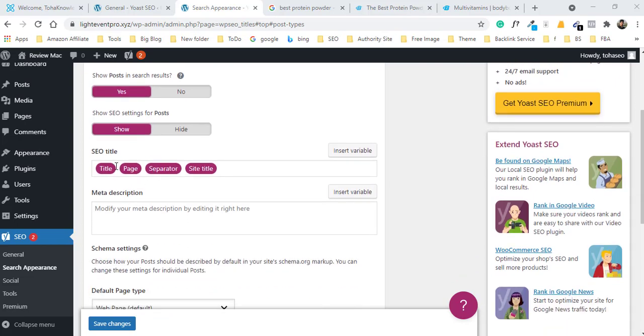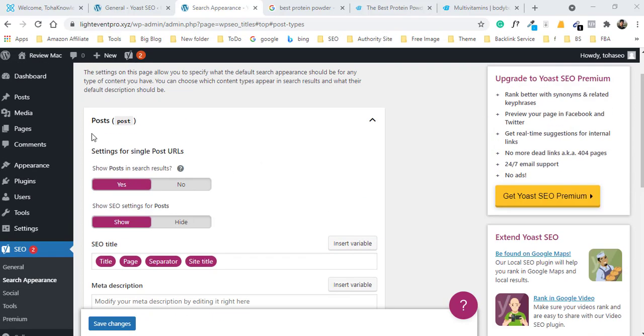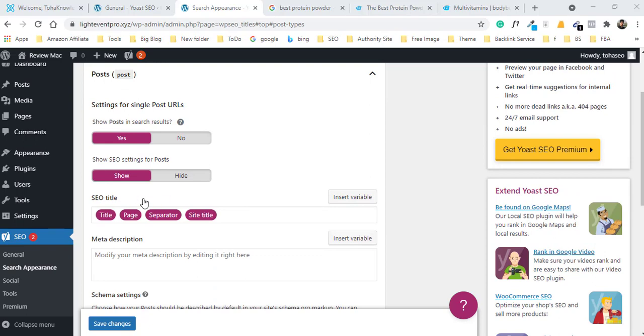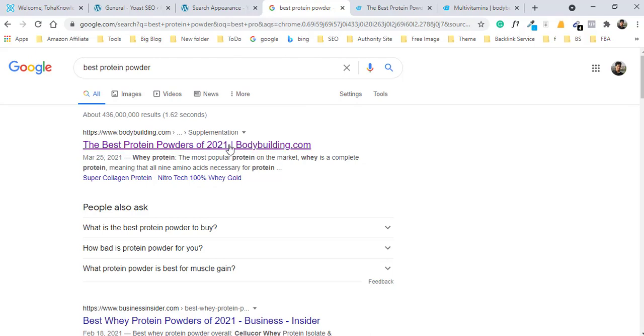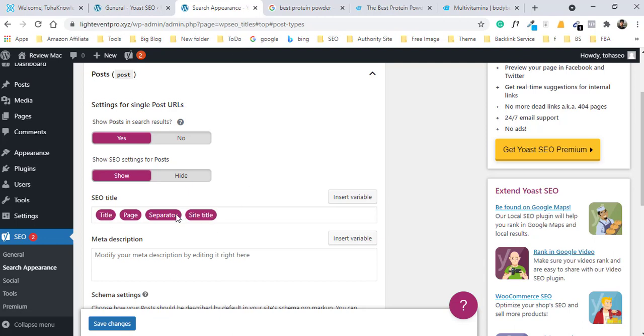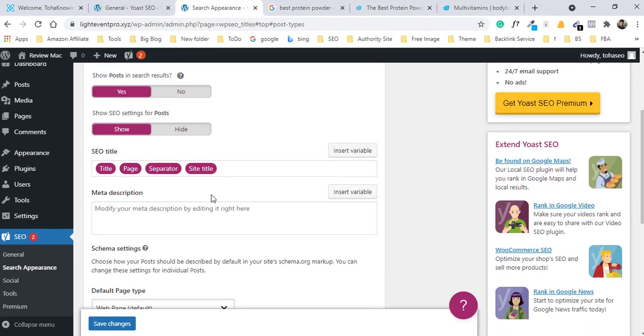And here you can also select what your post title looks like. Here you see search engine, this is the post title, and this is the site tagline, site title. So you can keep only site title, or you can use separator with site title. Also you can change it in a separate post. So you can change those default settings, but for an individual post you can also rewrite, so don't worry.